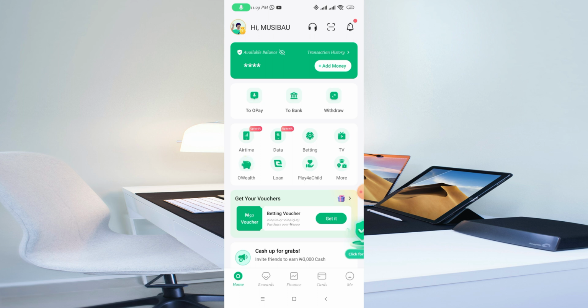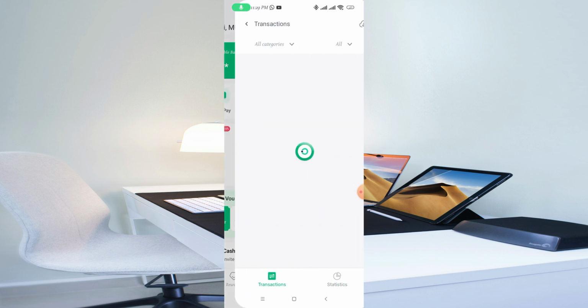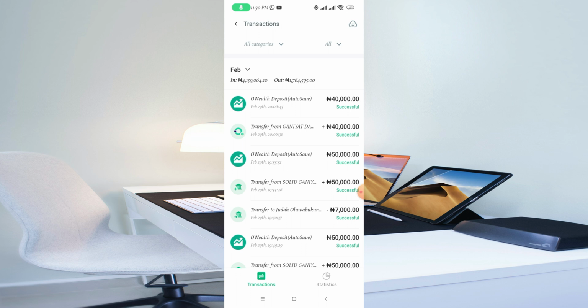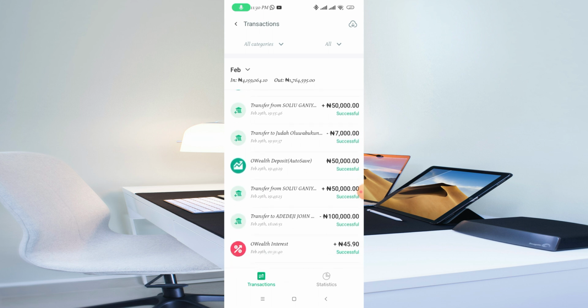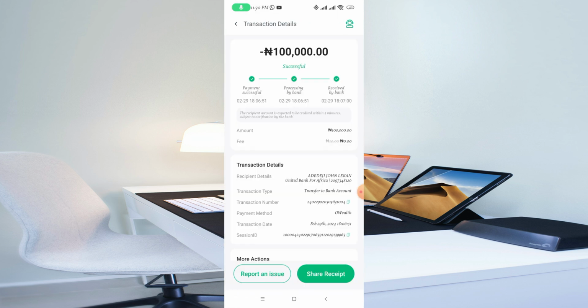So some people also search for how to edit Opay receipt. Like, why do you have to do that? Why do you have to edit Opay receipt, for what? To me, it doesn't add up. You don't need to try to edit Opay receipt online. Everything is simple. If someone asks you for money, tell them you don't have, and if you have, tell them the exact amount you have. They're not gonna kill you.